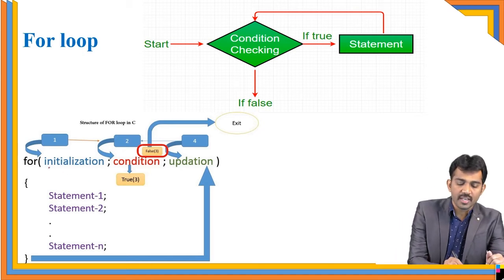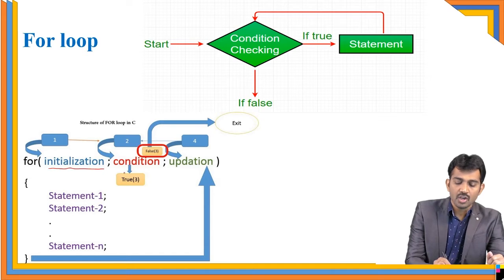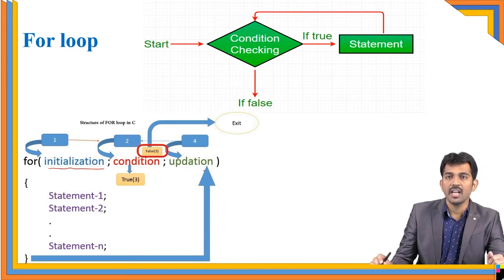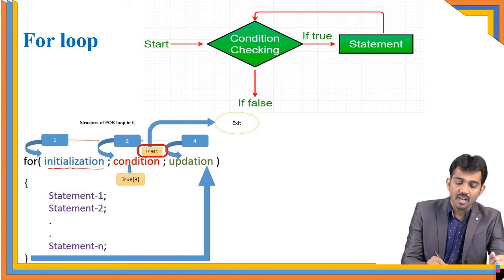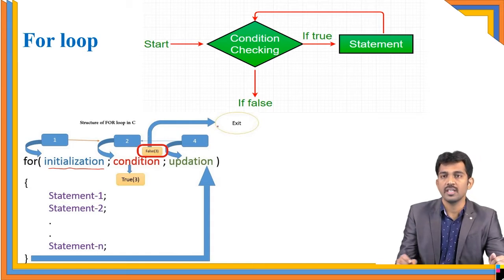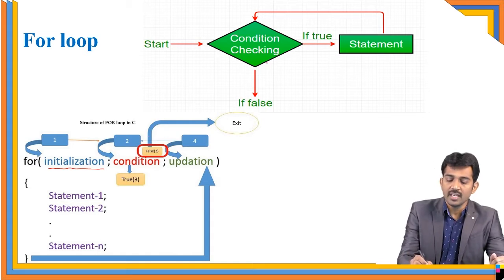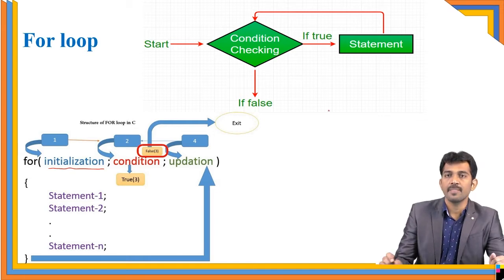See, this is the first part, initialization, and then condition, and updation. The for loop starts with the initialization and comes to the condition. If the condition is true, it comes to the statements. After that, it goes to the updation, right? Again it checks the condition. If the condition is true, again it comes to the true statements. If the condition is false, it goes out. Observe clearly, while the condition is true, keep on printing the statements, right?